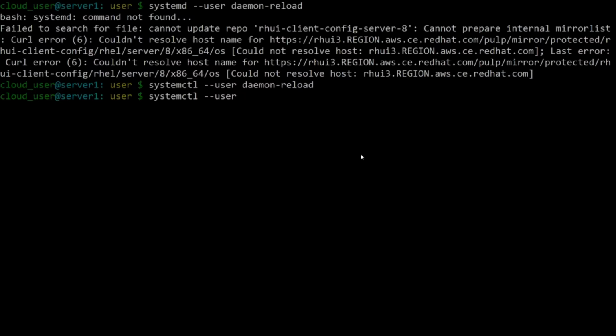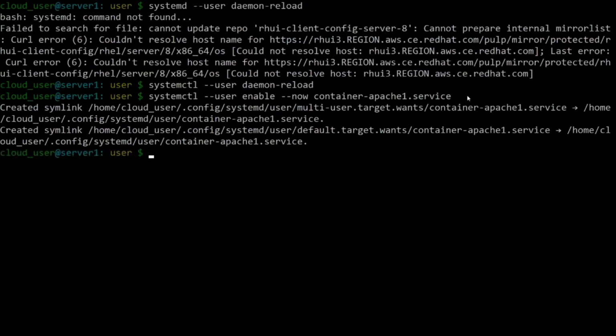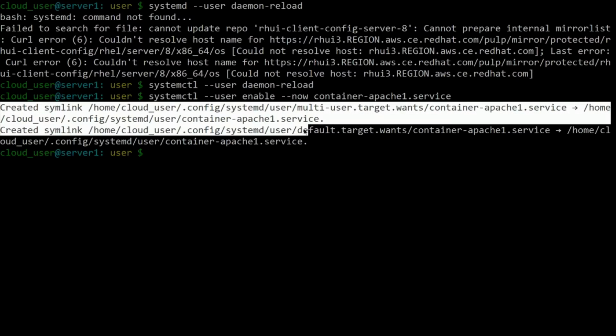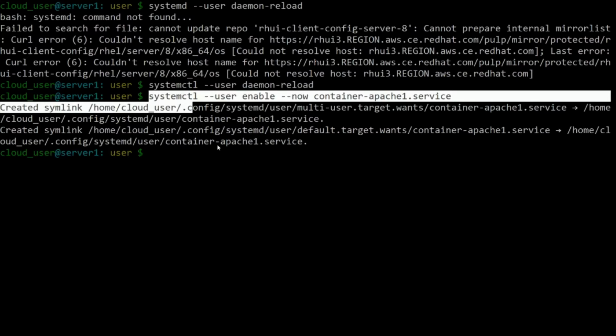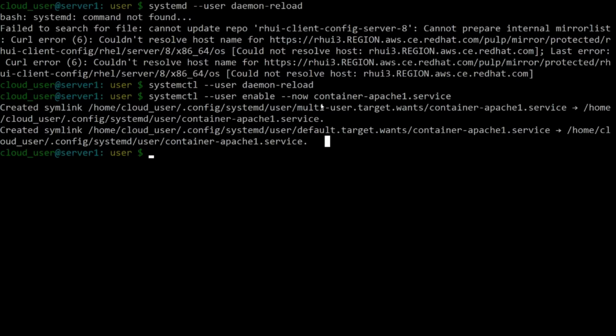And the last thing we want to do is actually start it. So this is just like a regular start: enable --now. And then it's going to be called container-apache1.service. Anything you have a name with always starts with container-, then the name, and then .service. Now your actual container is going to be enabled when your computer boots. So when your computer boots, the container will be active and the ports are going to be mapped, the persistent storage will be mapped. Especially for the Red Hat test, it's very important that you have it